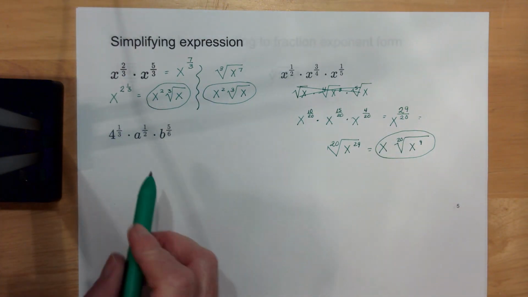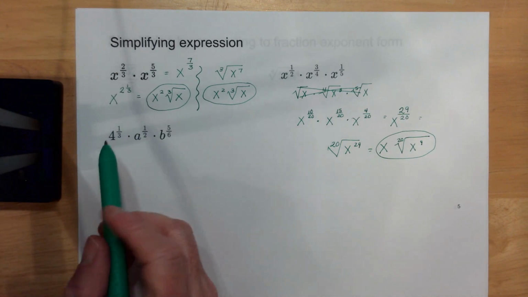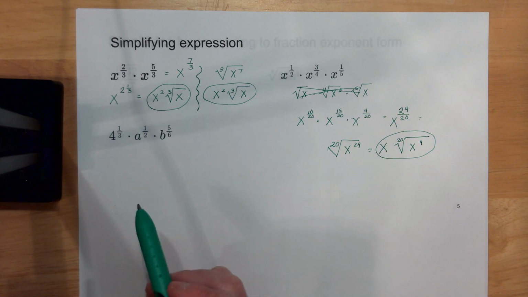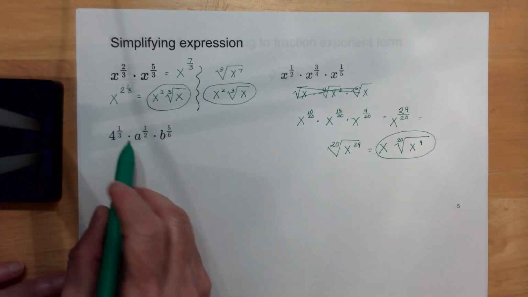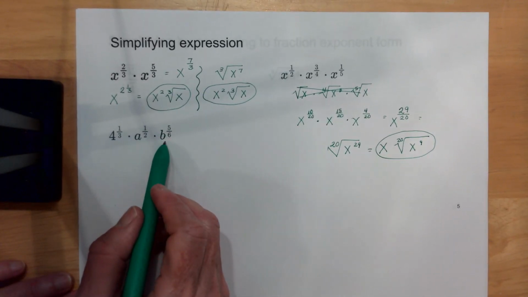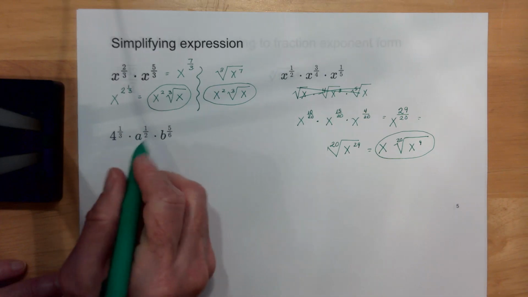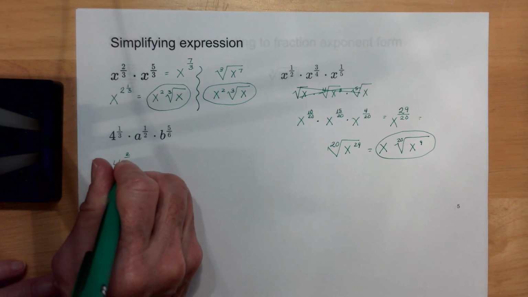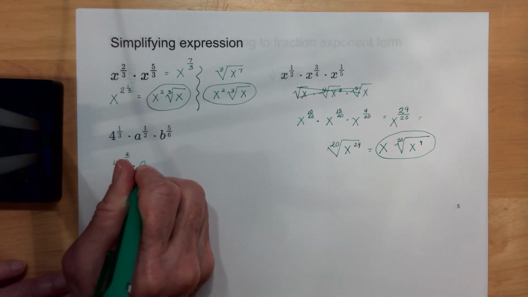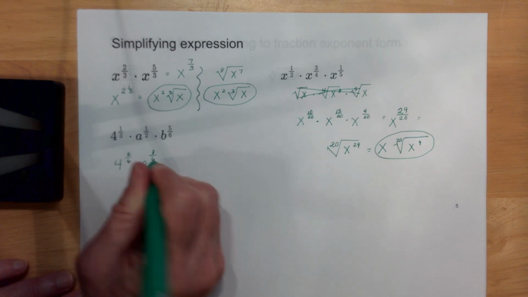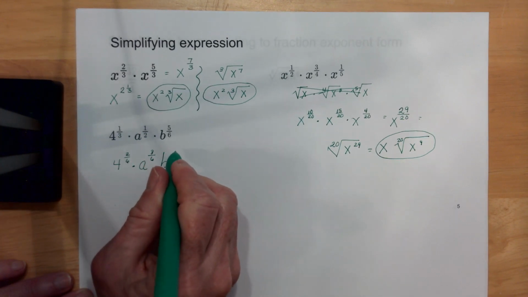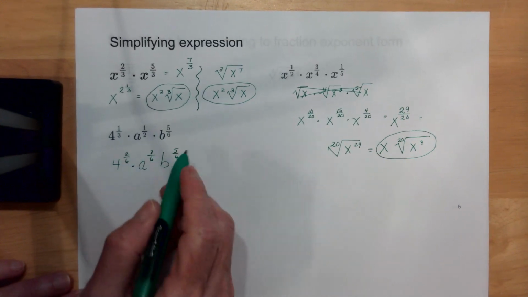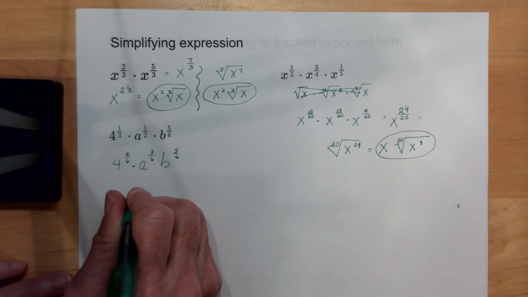Okay, same thing with this one. This is a cube root, this is a square root, and this is a 6th root, which you normally can't combine. But if I have them as fraction exponents, I can come up with a common denominator, which would be 6. So this one is 4 and 2/6 times A. This would be 3/6 here, and the B would be 5/6. So then I just add the top values. That's going to give me 10/6. So I have, well,